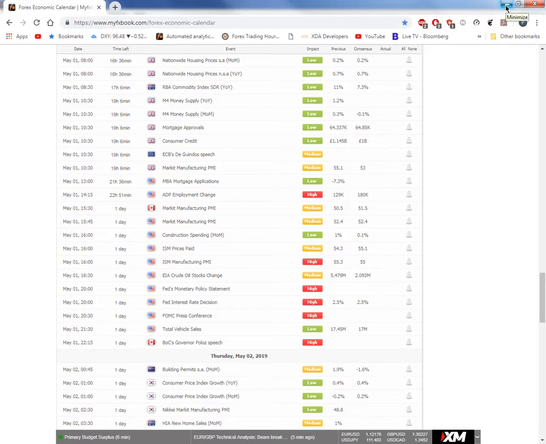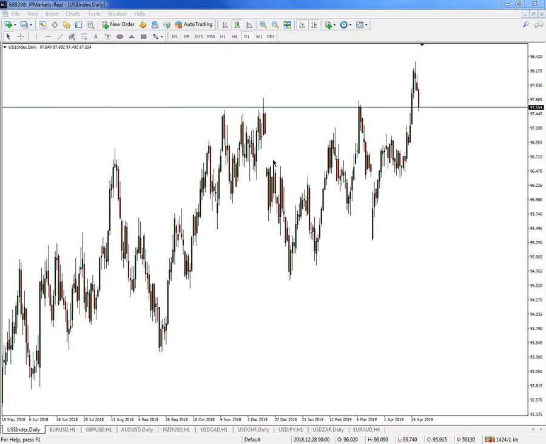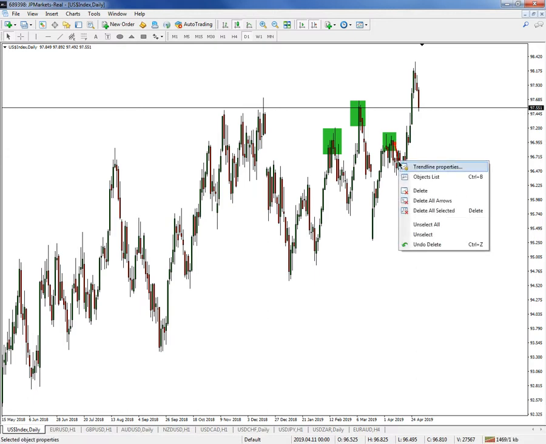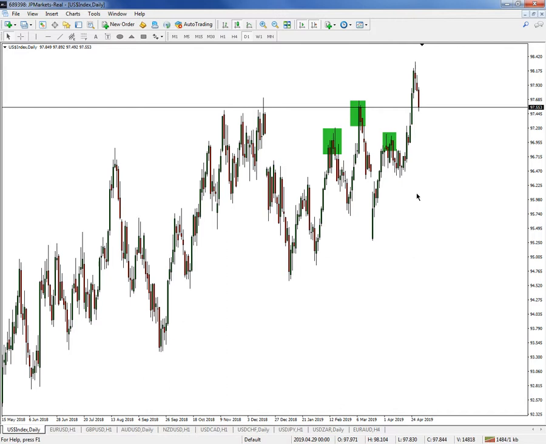Right, let's have a look at the chart. As we look at the dollar index, we can see that we've been looking at this head and shoulders pattern for a couple of days. We had this lower high, and yes, the market did run down from this point, in which we actually made a bit of cash on some of the trades that we've taken against the dollar. But now we've had this massive run up on the dollar, only to be pulling back down to a previous resistance, which is now a possible level of support.